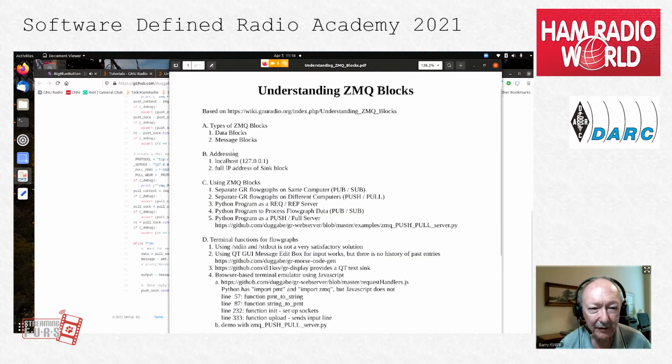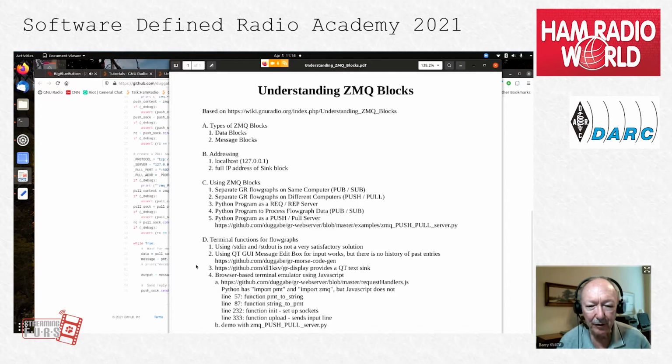So we've talked about these first 3 sections. Next, I'm going to talk about attaching a terminal to a flow graph. And there are various ways of doing it, and some work out better than others. The most common, or at least first attempt, is to use standard in and standard out, but they really don't work very well if you have run into blocking issues or various other things like that.